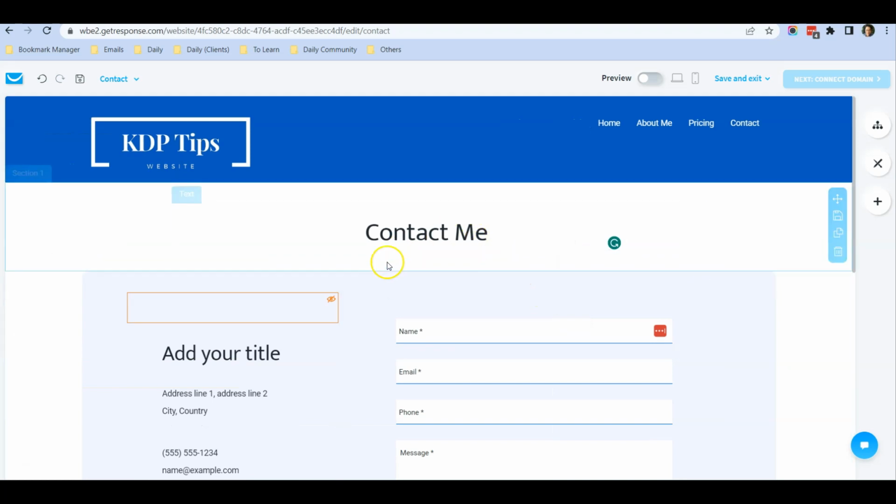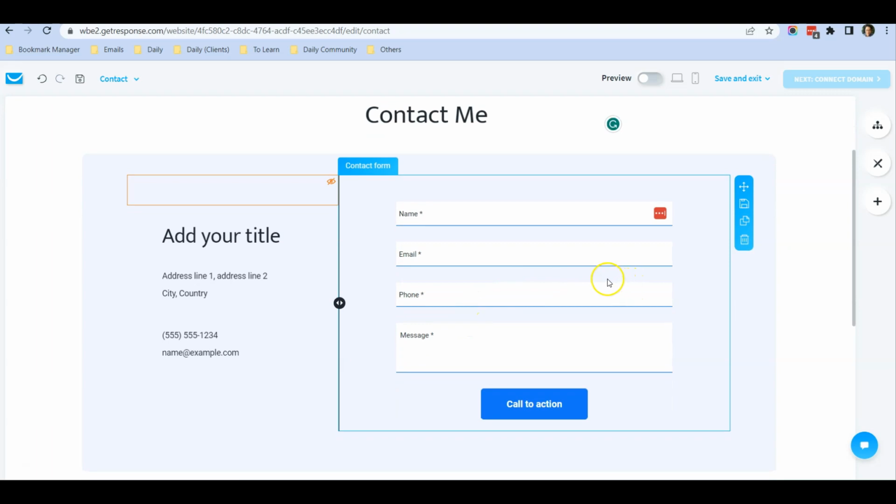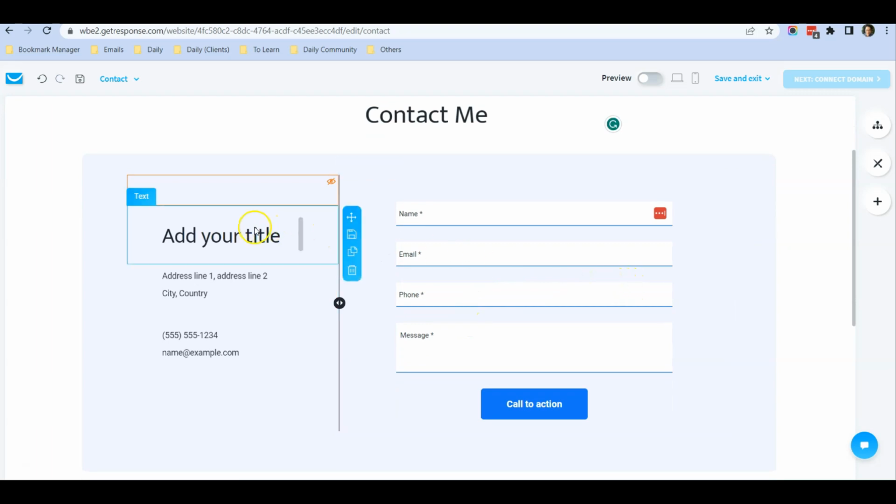Okay, to remove it. And on the right, you can see that there's a contact form by default already created for you. And on the left, it's more for your business to put in your business address and your contact information. But if you do not have this information, you can just delete them. Okay, so no worry about that. You can just delete this